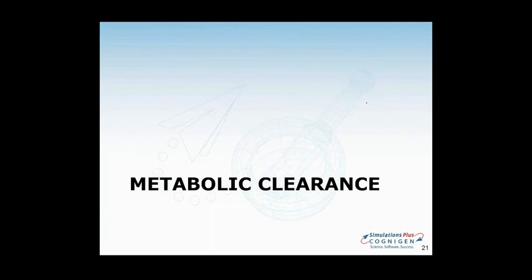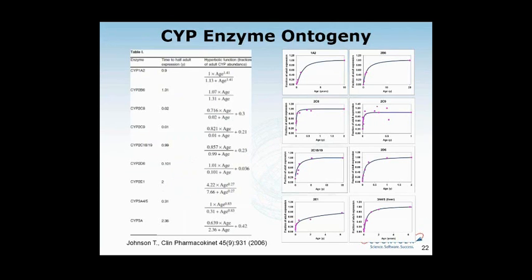And starting with what seems to be the best characterized process so far, the metabolic clearance. If we are starting with the best characterized processes, then of course we'll start with the CYP enzymes, where back in 2006, the publication by Trevor Johnson nicely summarized the ontogenies for the major CYP enzymes in liver and for CYP3A4 also in the gut. So from their publication, we have the complete equations that were implemented in GastroPlus, and here are the plots showing the development of individual CYP enzymes in the liver.